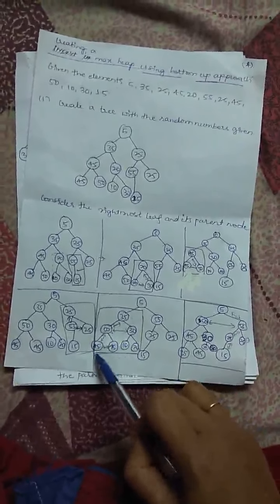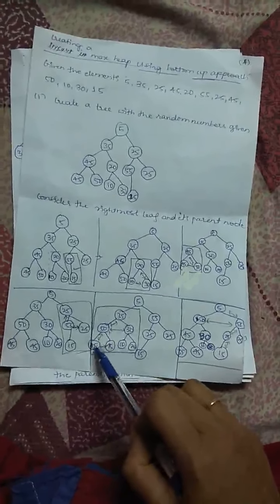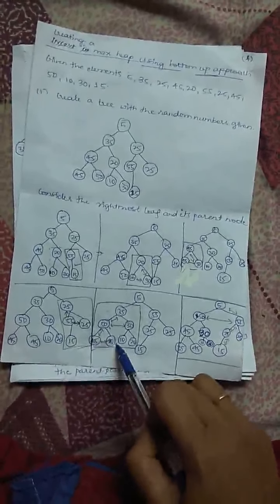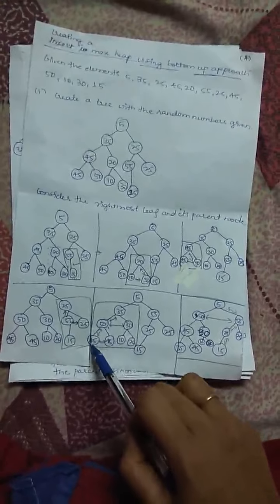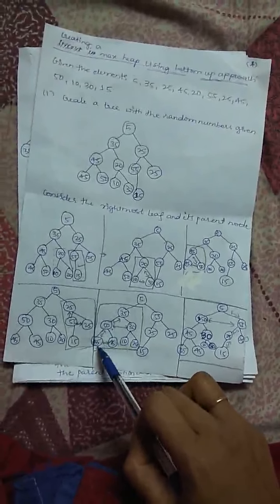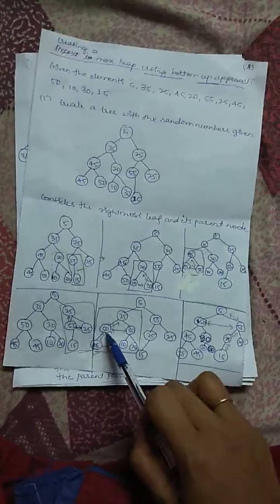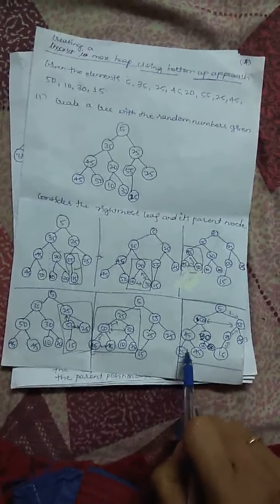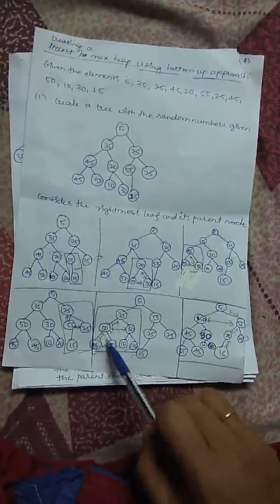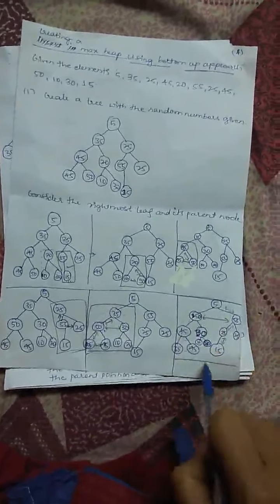Now we have to check whether this is again in the max heap or not. This node will be 35, and its children are 45 and 45. Two 45s are there, and you can take either one; we will take the left side only. 45 and 35, which one is greater? 45 is greater, so exchange 45 and 35. So 50 will come here, 45 will come here and 35 will come here. Like this we have got here. After arranging this node, we are going to see the complete tree.